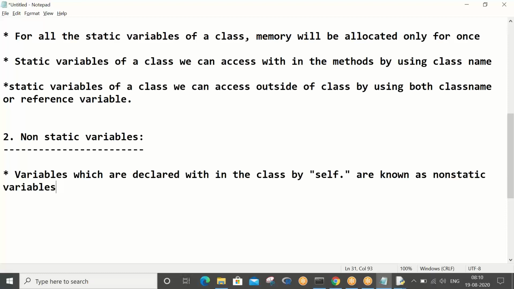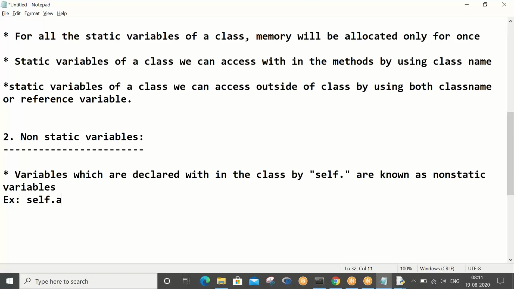I have not mentioned outside of methods as such. Within the class means within the methods also. Wherever you write non-static variables within the class, you have to use the prefix self dot. Self dot a, here a is just an example.